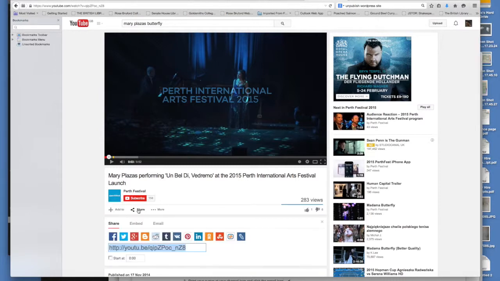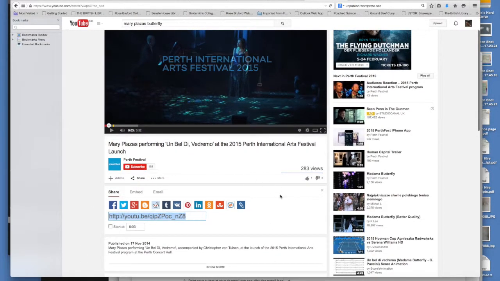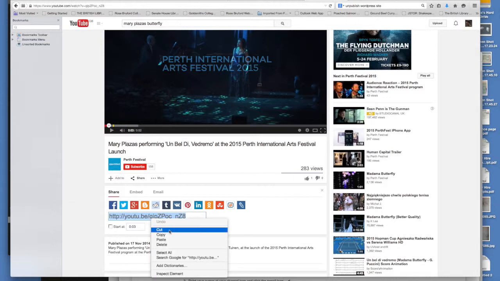So by tapping on that share button, I get this option coming up, which is all the different ways I might choose to share this video on the internet or by email, etc. Now, I stay in the first of these three tabs in just share, and it offers me a fixed shortened URL. I want to copy that content